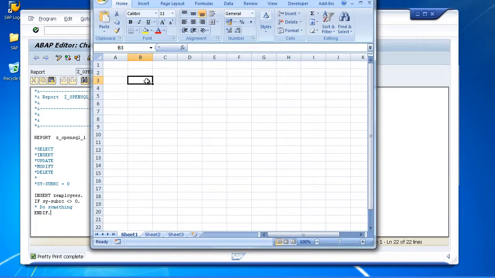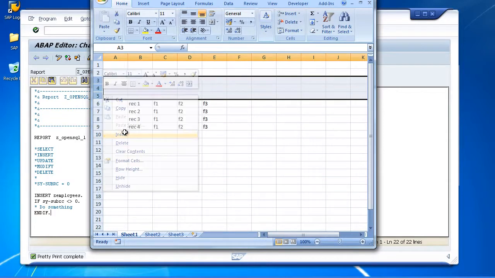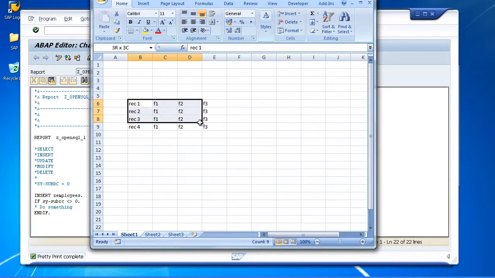Okay, so I'm going to try and represent a normal table here. What we would normally have is record 1, and we would have field 1, field 2, field 3, etc. Then we would have record 2, record 3, record 4, record 5. And they would all contain their individual fields. So we would have an entry for field 1, for field 2, for field 3 in every record. Now, if this is our table,